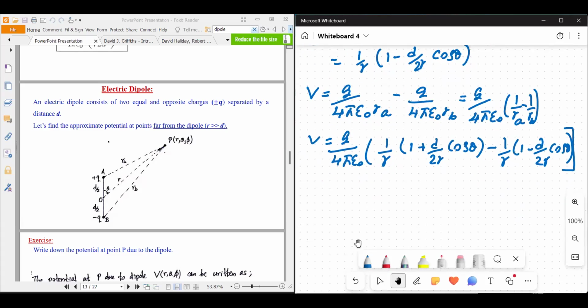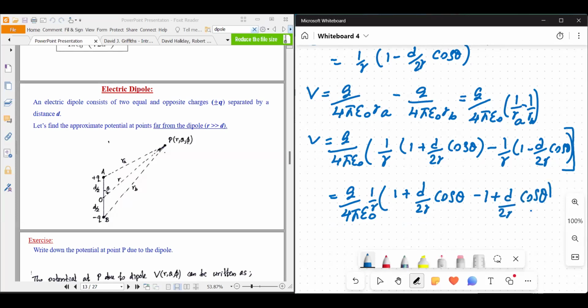Then by simplifying this, you can get the potential equal to Q over 4 pi epsilon naught. So 1 over r is common here and here. We have 1 plus d over 2r cos theta minus 1 plus d over 2r cos theta. So minus 1 plus 1 cancels out. Then we have d over 2r cos theta plus d over 2r cos theta. So it is equal to